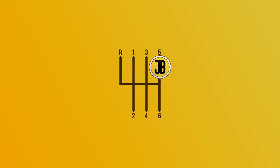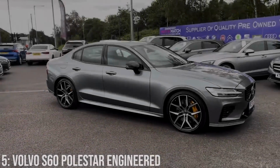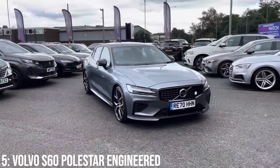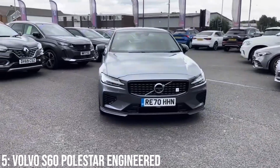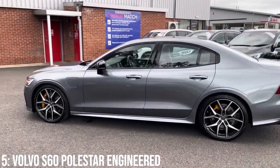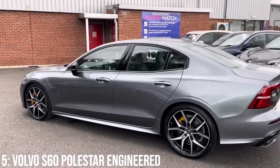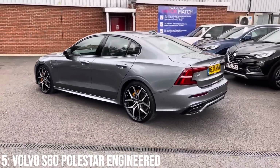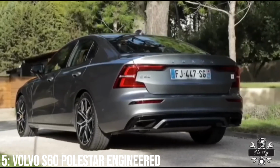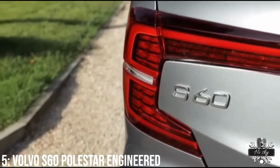We're kicking off with the Volvo S60 Polestar Engineered, and when you let the Polestar team loose on any Volvo, it's always going to end up being fast, given they were originally a racing team and tuning brand taking part in the Swedish Touring Car Championship and partnered with Volvo officially in 2009 to become Polestar Performance, making some super fast Volvos. In 2015, Volvo actually purchased the brand and started directly selling cars that had Polestar involvement, similar to